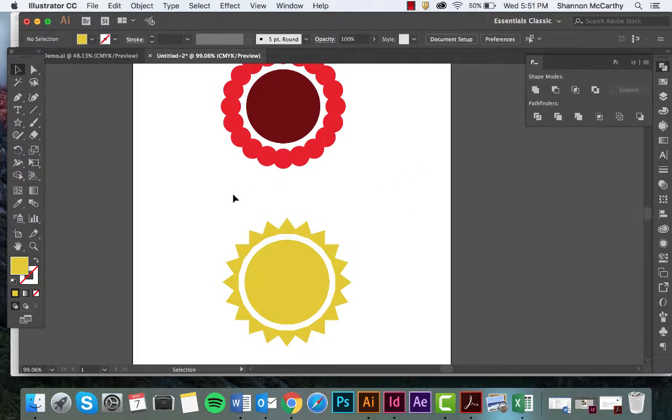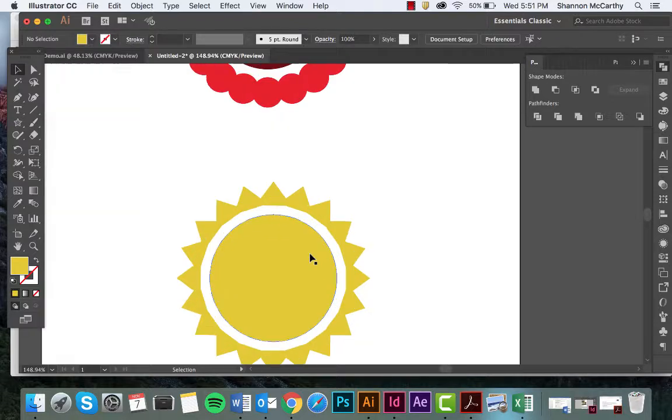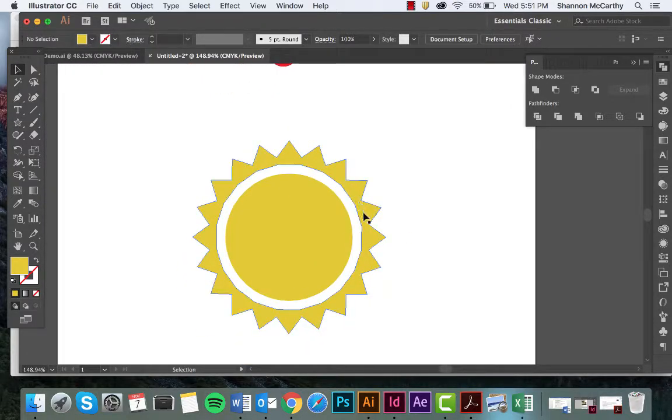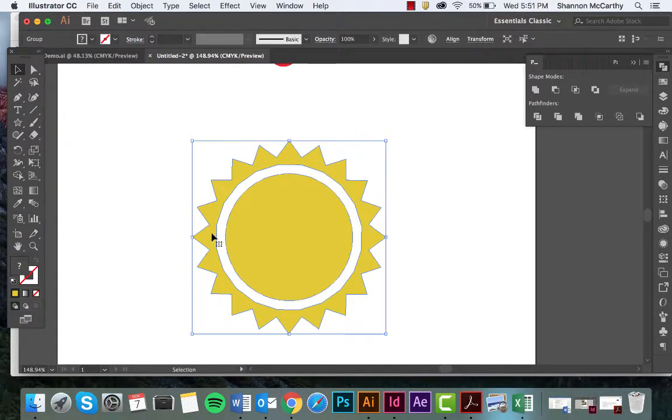And there we go. So again, selecting all of them, coming up to your Pathfinder. Again, if you cannot find this, it's under Window, Pathfinder, and Merge. So you can see here that it's a little bit bumpy. I don't really like that. So there's different ways we can do that, but if you want sort of a funky, fun shape, what I would suggest doing is